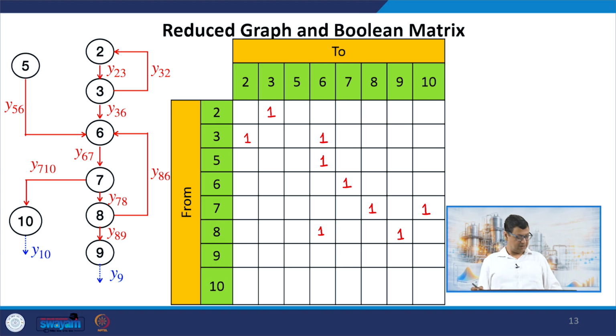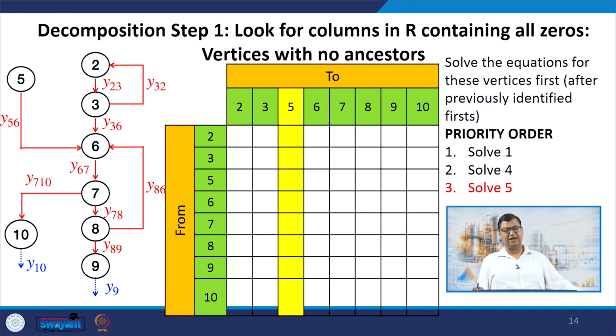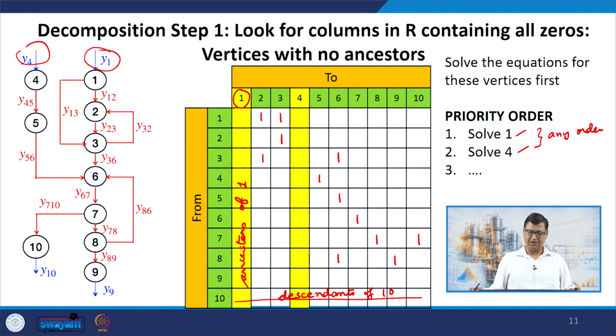And now we see again, are there any vertex that contains no ancestors? That means I again look along the columns containing all zeros. Keep in mind that the column corresponding to vertex 5 was not all zeros earlier, right? In the earlier step, 5 had an ancestor in 4. But since we have deleted vertex 1 and 4, the column corresponding to vertex 5 has also